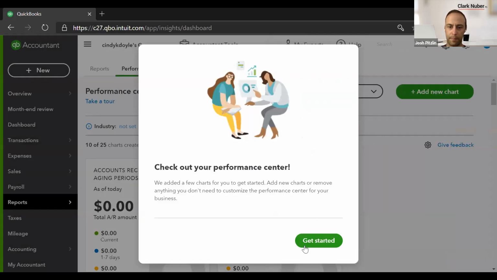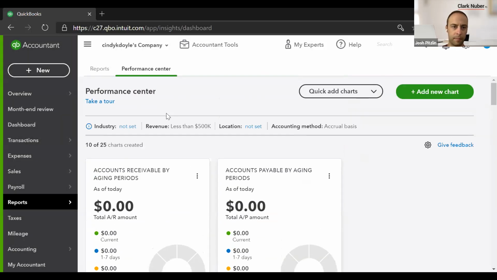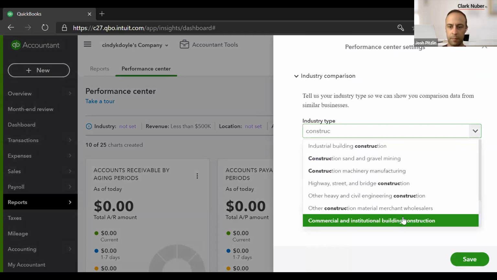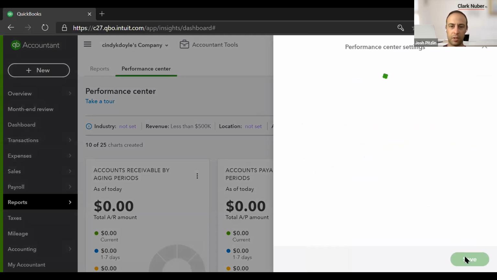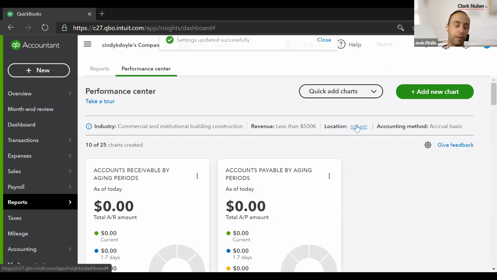Let's try it again. There we go. So I can set that, and they're going to take information based off of other people in